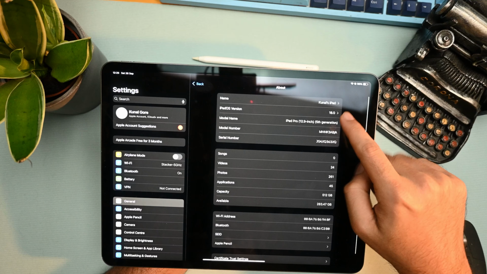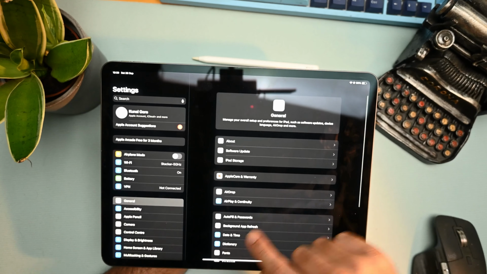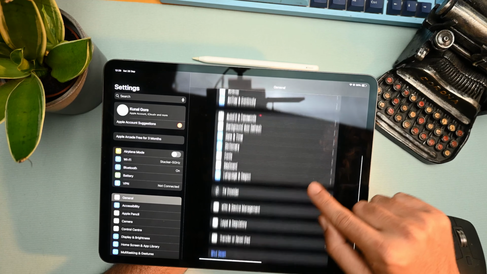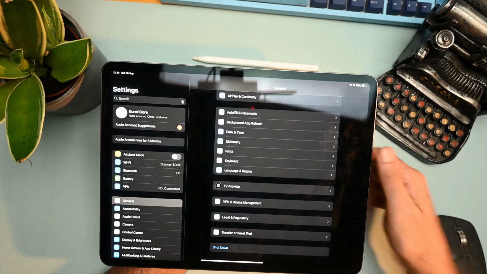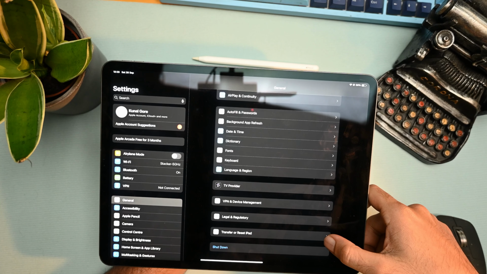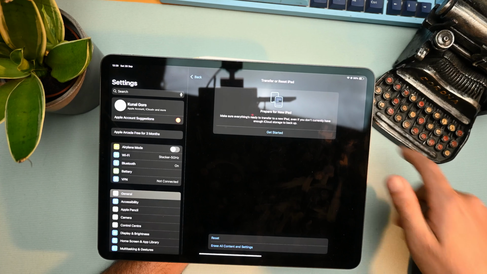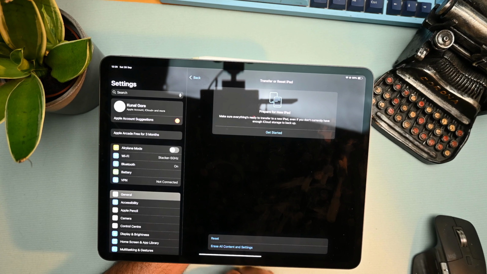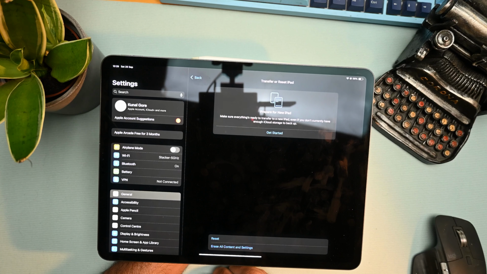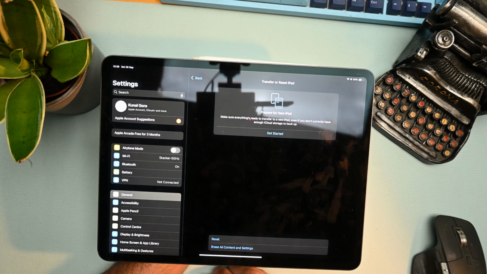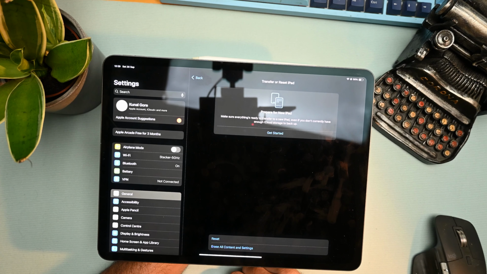So go to settings, and in the settings, in the general option, you will find transfer or reset iPad. Click there. And in here there are two options. One is reset and the other one is erase all content and settings. Reset is something we will look into in a different video, but in your case, if you want to sell this